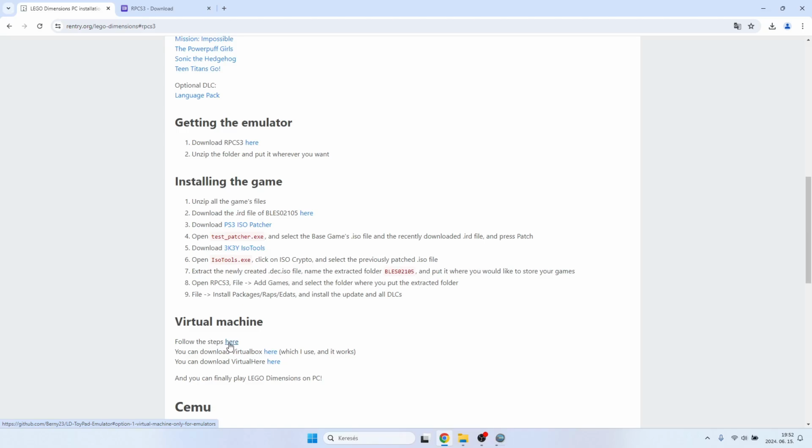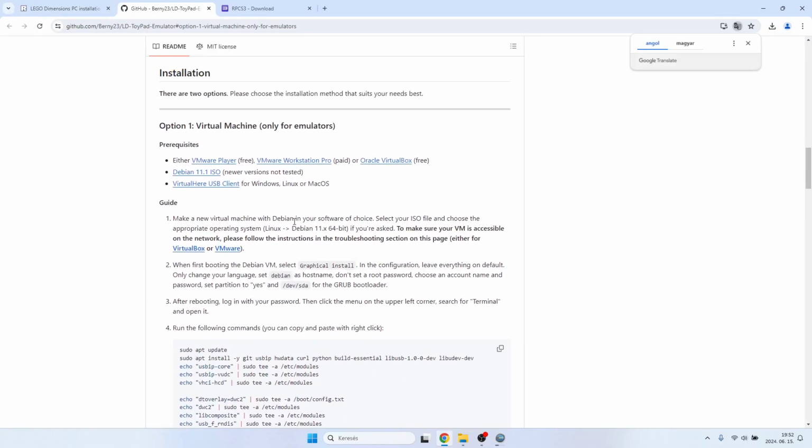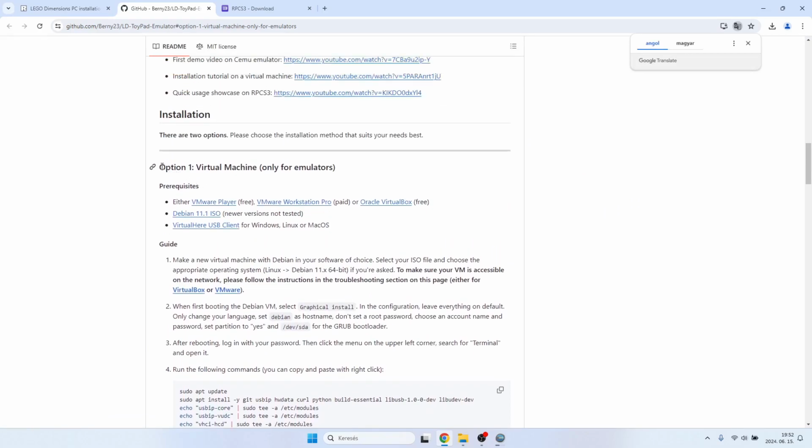Or if you don't want a virtual machine running on your PC, then you can always use a Raspberry Pi, but I prefer virtual machines because then you don't have to buy a Raspberry Pi if you don't have one at home. So we open the tutorial for it, and you should follow option 1, virtual machine only for emulators,